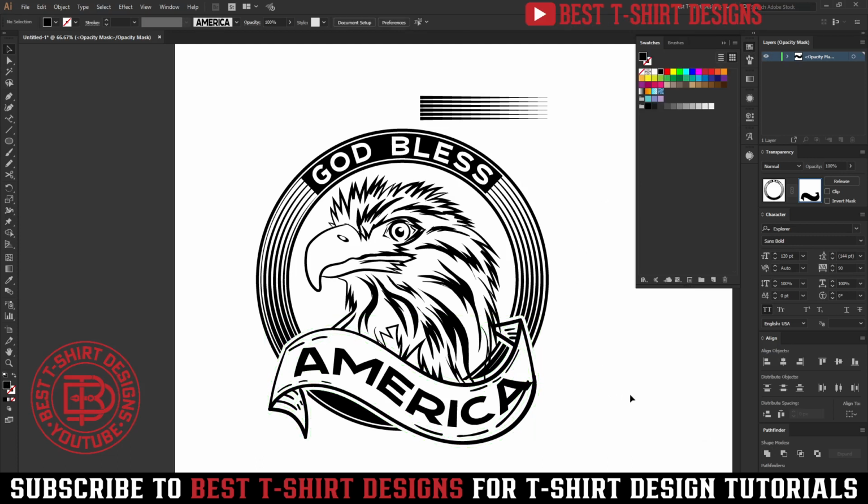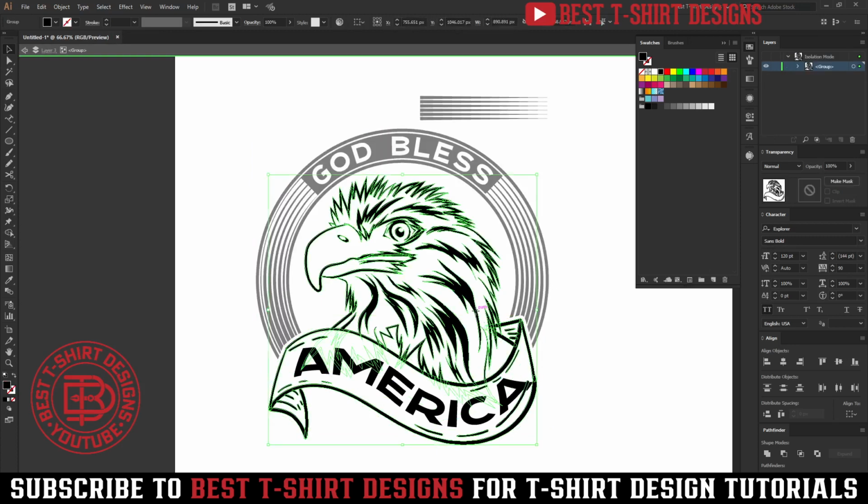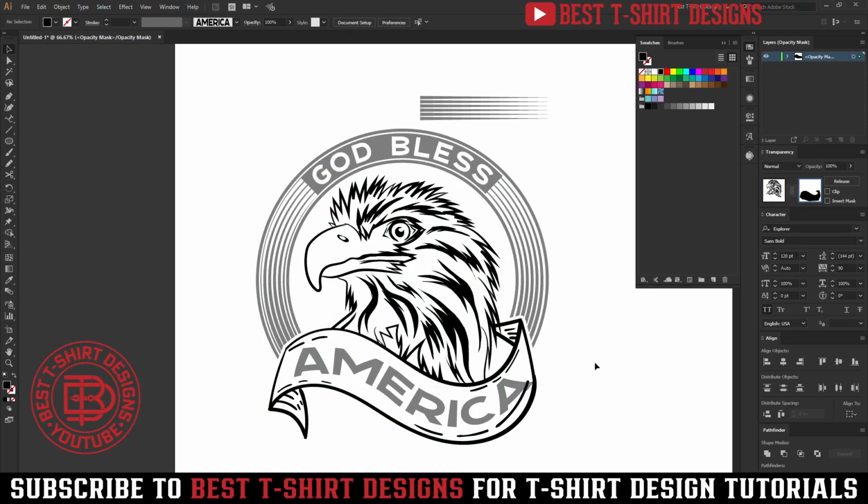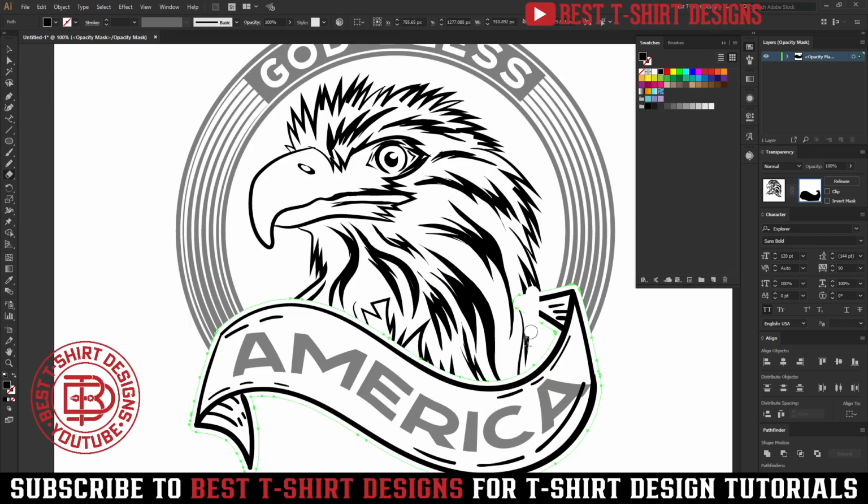And once it is looking like this, I need to just take my pencil tool to draw a shape here, and this is how it is looking. So maybe I can just simply hide this part of the ribbon too, which is really good. So if I select this shape here, copy that, then inside my eagle graphic I can put that shape, so that will make it look a little bit nicer, I think. So this is how it is looking. I don't want this part of it,